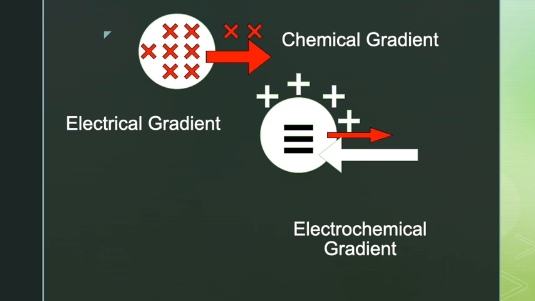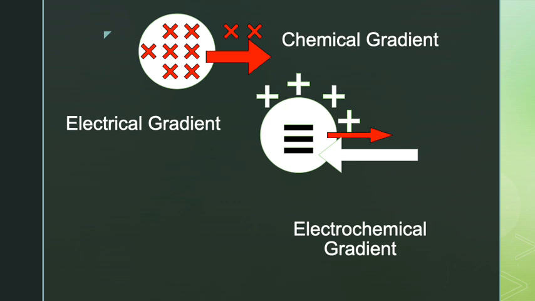We are adding that chemical driving force with our electrical driving force to balance them out to an electrochemical driving force. You can see in the picture on your slide that there is a large chemical driving force pushing out because we have 6 potassiums inside of the cell and 3 outside of the cell. So those molecules, based on their chemical gradient, are going to want to move outside of the cell. We have a positive electrical force pushing in. And so we are going to see that electrochemical force be a balance between those two and actually pushing out